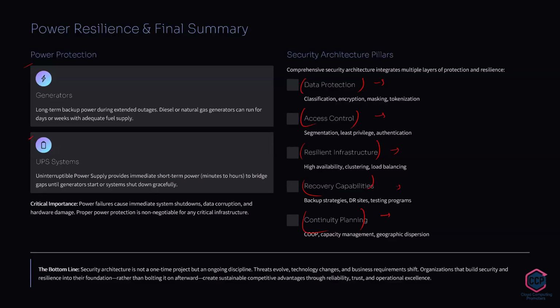Even though we are in cyber security, we need to be very thorough with what backup is, what resilience is, what access control is, why we need load balancers, why we need to implement policies within our organizations, why we should not trust anyone, why we need to implement zero trust policies, and why we need to have backup of everything. That's the reason we have this module in our certification. Yes, perfect.